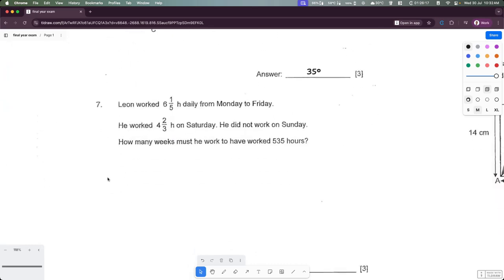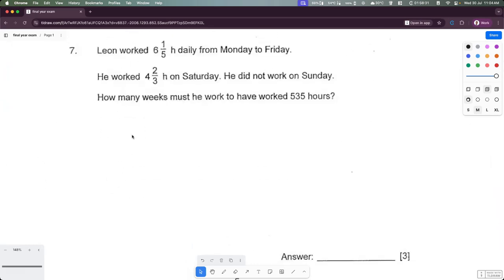Question number 7. All right, question 7. So question 7 says, Leon works 1/5 hours daily from Monday to Friday, and he also worked for 2/3 on a Saturday. He did not work on Sunday. How many weeks must he work to have worked 535 hours? Okay, so basically, if I were to draw this out, in essence over here, right, so